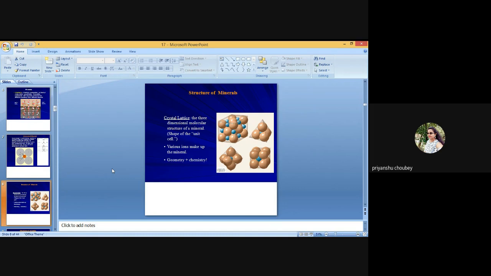Thus, if the Miller index is h k l, then A upon P is equal to B upon Q is equal to 1, and C upon R is equal to